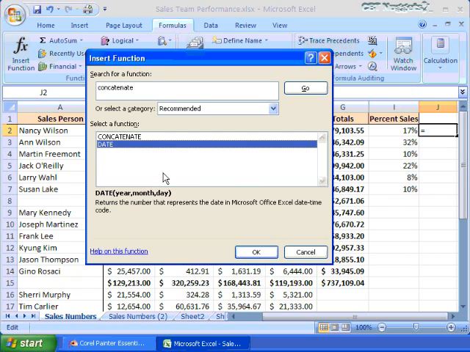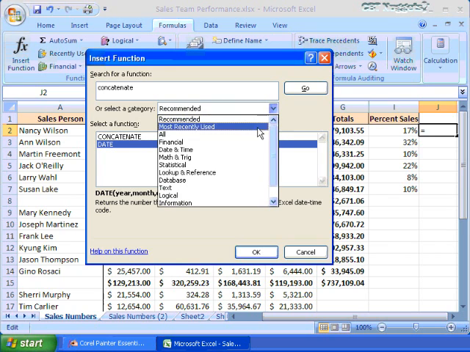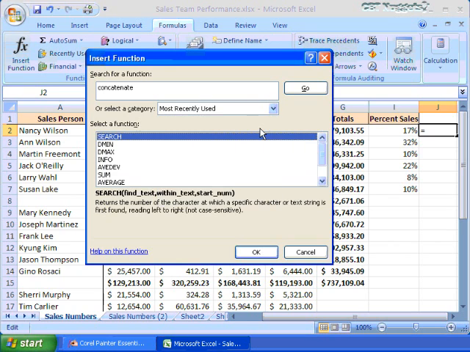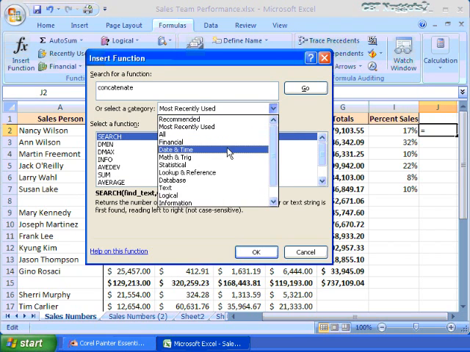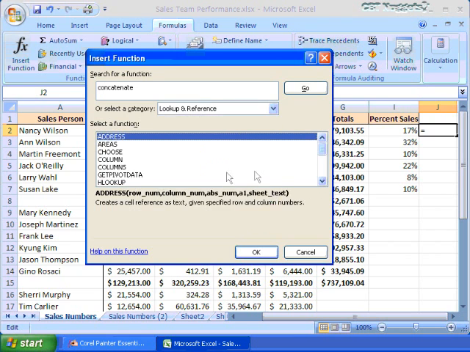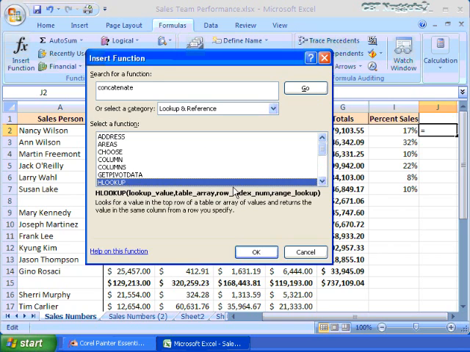Or DATE returns the number that represents the date in Microsoft Excel's date-time code. All right. Or if I didn't like that, I could always take a look at this down arrow and see my most recently used functions. I could go right to lookup and reference functions. We've got the HLOOKUP function here, the VLOOKUP,